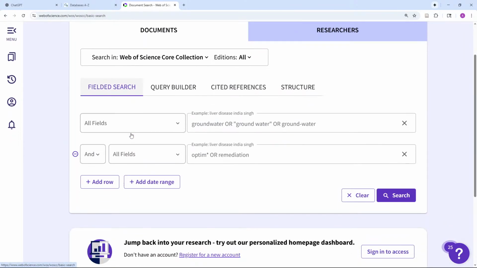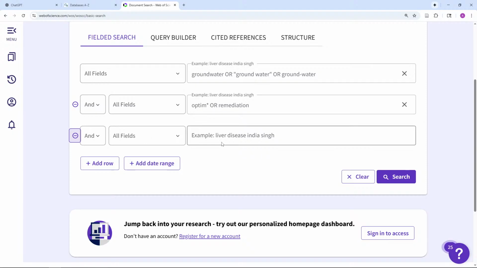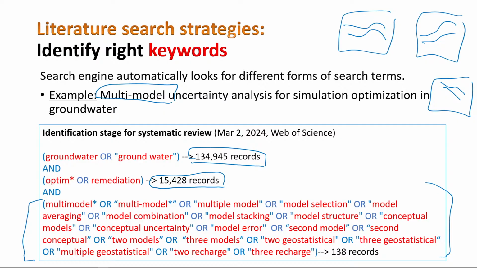Now I want to add a row. When you add a row, it tells you what you want: and, or, not. You can also use not. But now I want to add a row, and what do I want to add in this row? I want to add